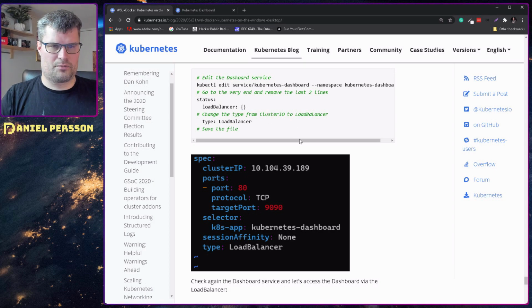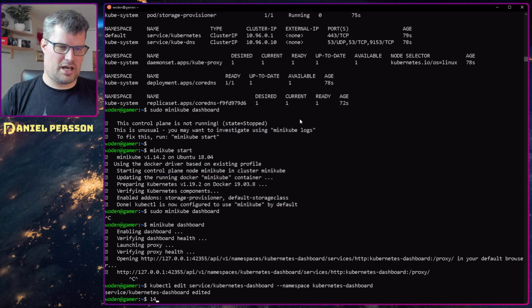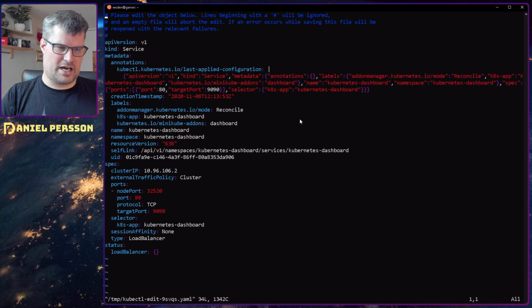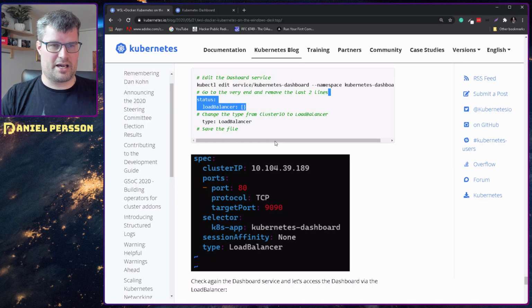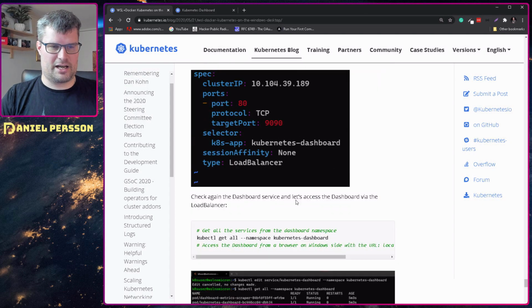And we should remove the 2 last lines as well. Okay, let's do that. That was something that I missed. I didn't read carefully. So if we remove those 2 lines and change to a load balancer in the file,